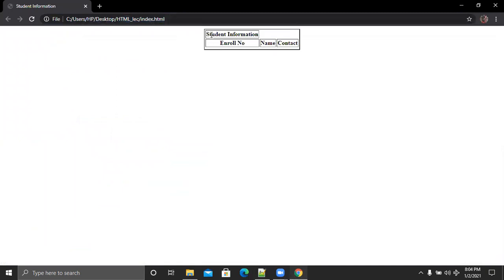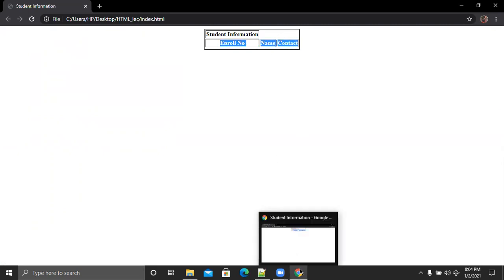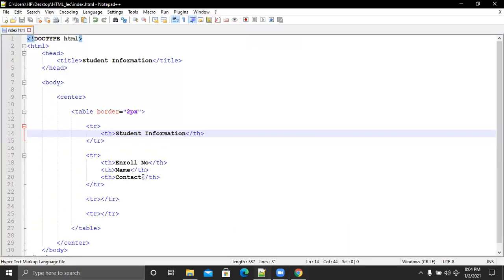So here you can see student information is there, but it is in the first column. I want to make this heading centered and I want to merge these 3 columns because it is a common heading. For merging these 3 columns, we have one attribute called colspan.